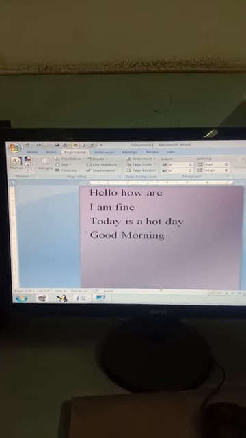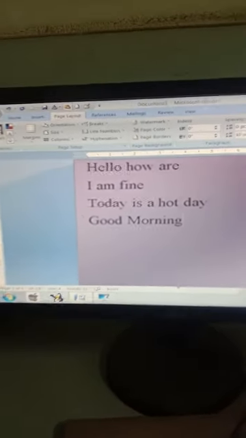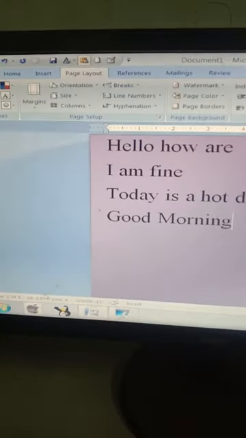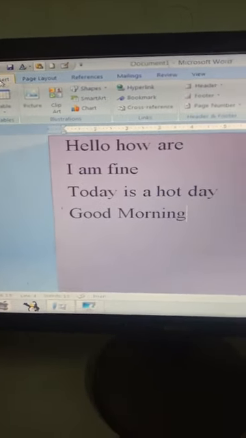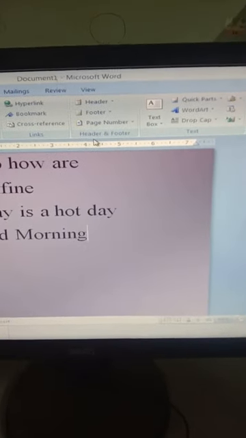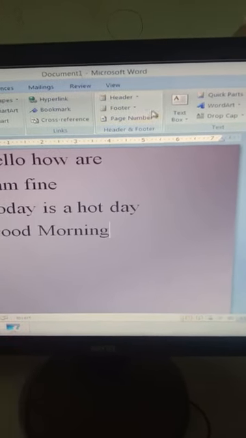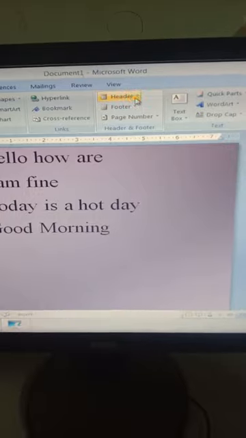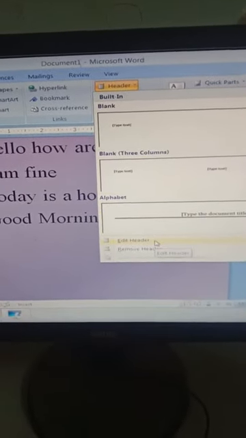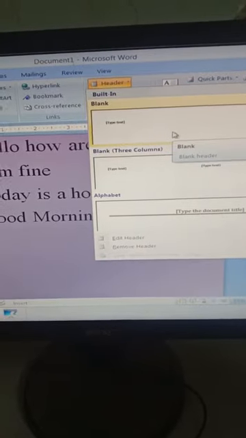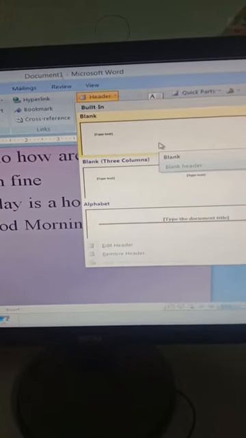For this, first of all, we will have to move to the insert tab. From the insert tab, move to the header and footer option. Click on the header option. Different types of header styles will appear. You can add any of the headers, like suppose I have selected this blank header.